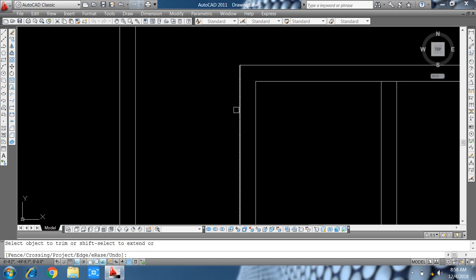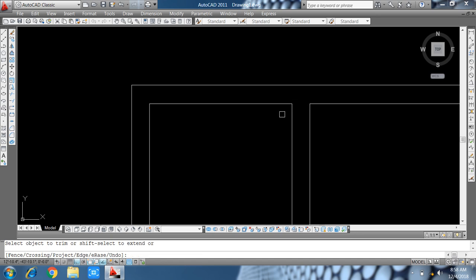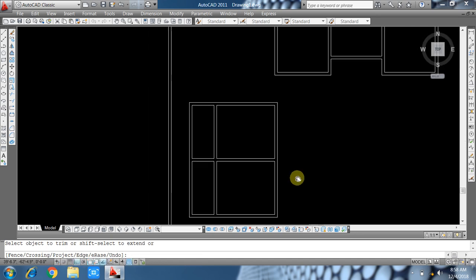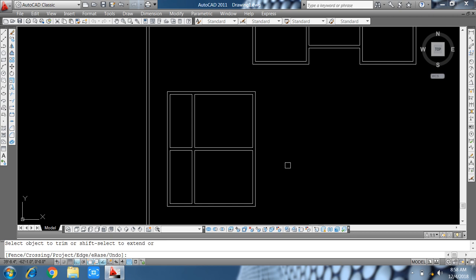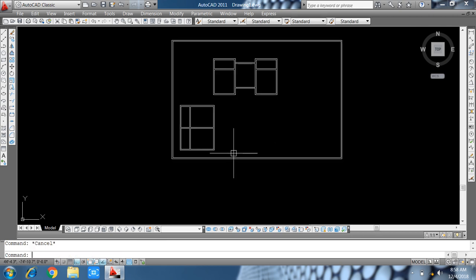This is also known as the bathroom, 7 feet.